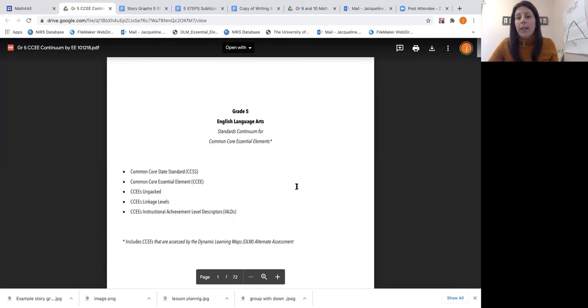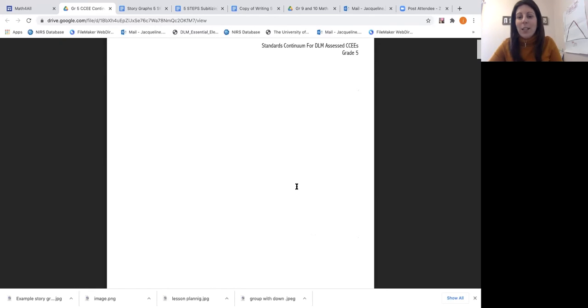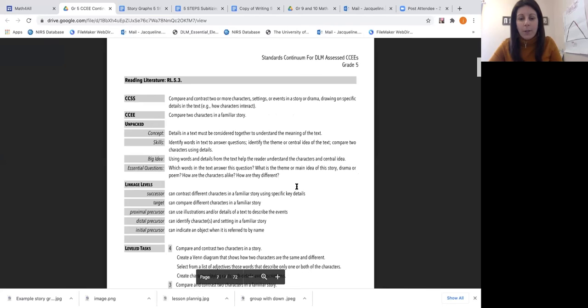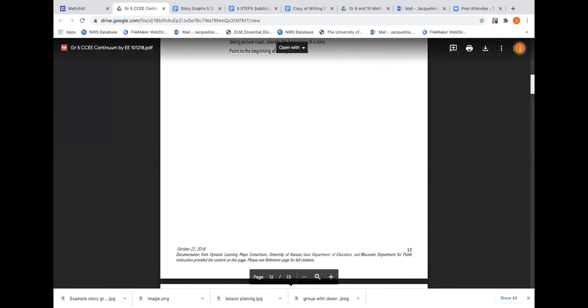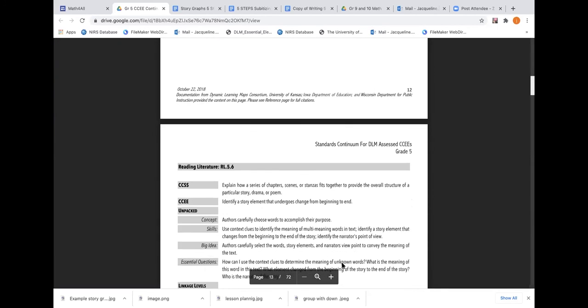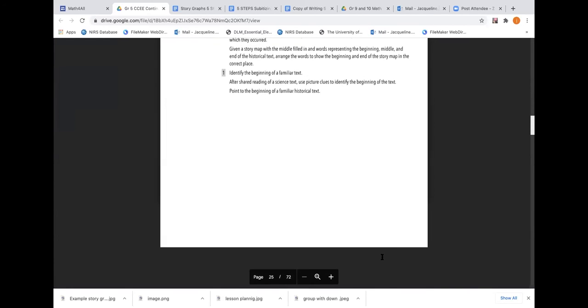Now, I included in here, just for reference, the language arts ones as well as the math ones, because there are some special educators in the house that probably, when they see one, they're like, can I please have the other? And unfortunately, math is second, so you might want to close your eyes for just 1 second. I'm going to scroll. Jackie, it's page 55. Oh, page 55. Okay. I'm not sure I know how to get there faster. I think just scroll down, but at least we can. Yeah, you'll know when to stop. We're going. Close your eyes.